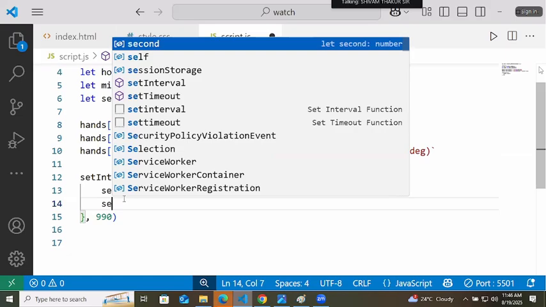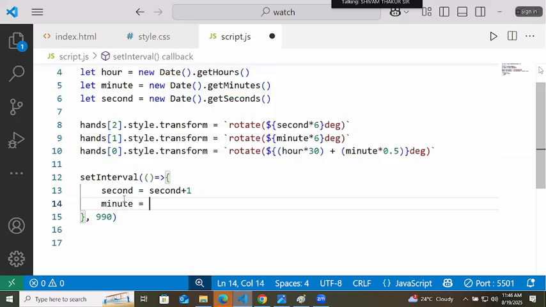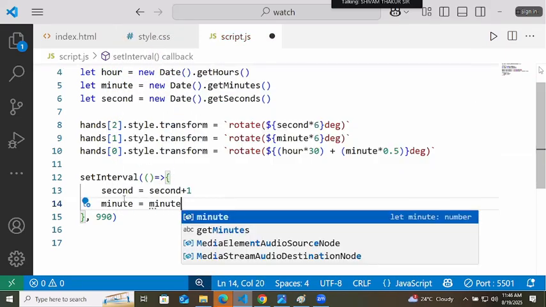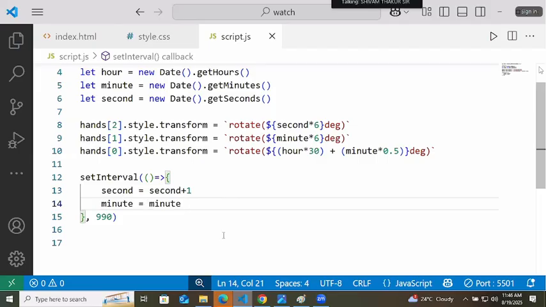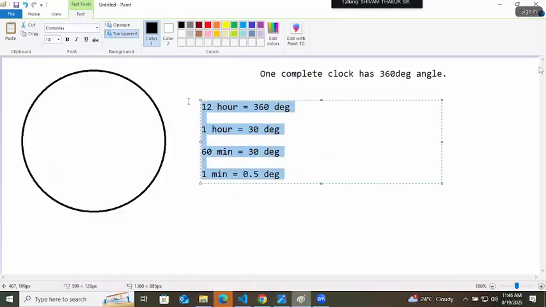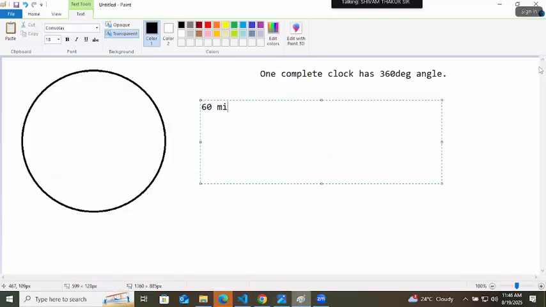But after every second, how many minutes will increase? It means that 60 seconds equals 1 minute. Then 1 second equals 1 by 60 minute.